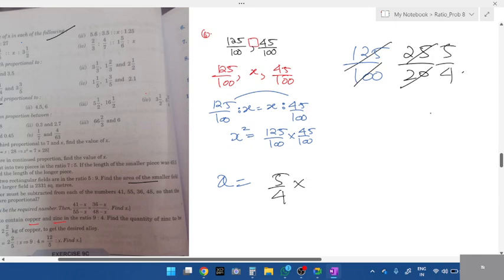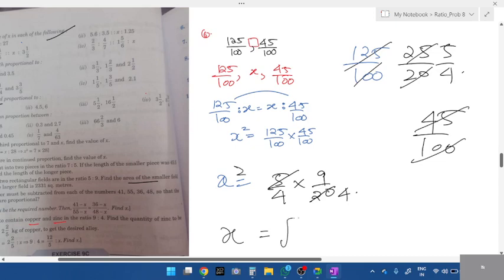Next, 45 by 100. How much is 45 by 100, students? Yes, 9 divided by 20. Can we further reduce, 5 ones are 5, 5 fours are 20? Okay, now x square. What happens to square if it goes to the other side? Root. 9 divided by,